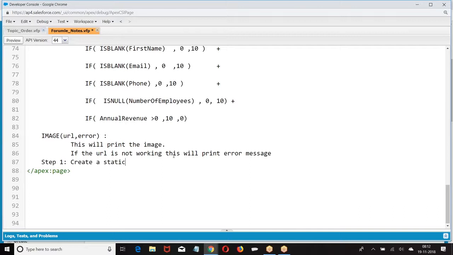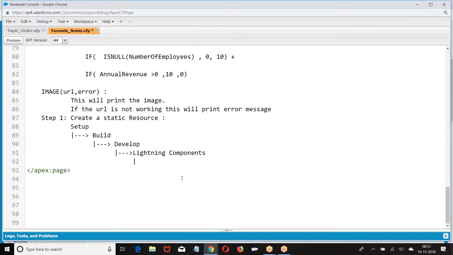Create a static resource. What is the navigation we encountered? Setup. Lightning components.